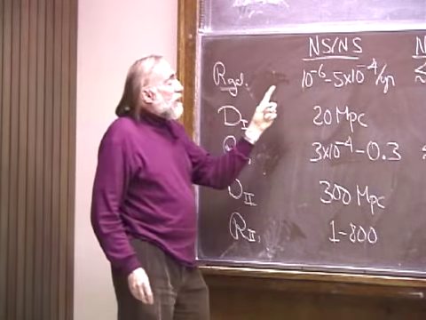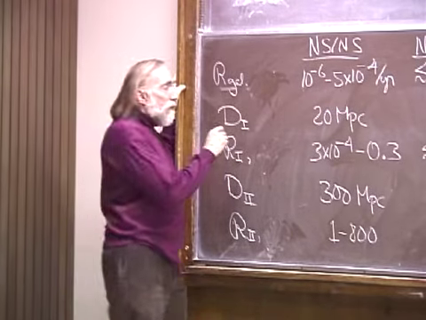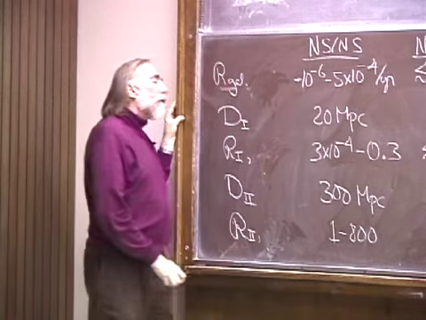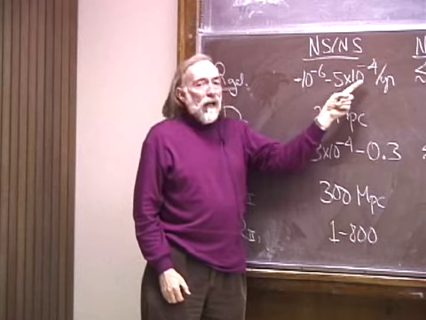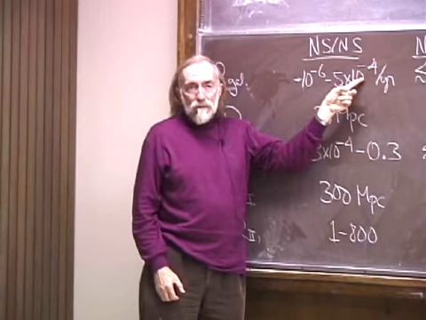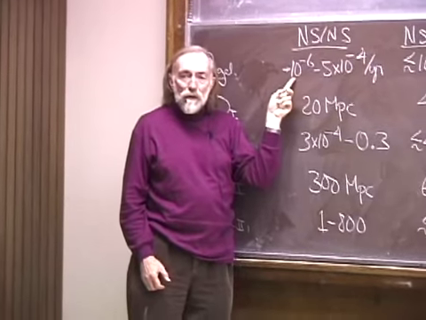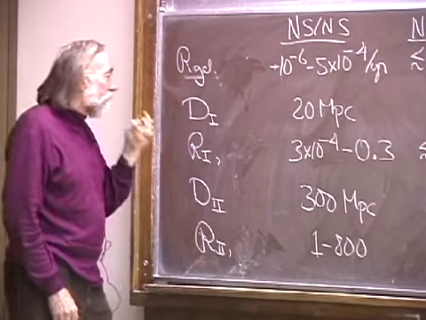So the bottom line is, after you go through looking at all the ways things could go wrong, the current number that people quote, and this is primarily from Kalogera, Narayan, and Taylor, is 10 to the minus 6 to 5 times 10 to the minus 4 per year. And so the 10 to the minus 6 was the number that Sturl did at the blackboard for you, showed you how to get it fairly quickly, but the whole story is much more complicated.